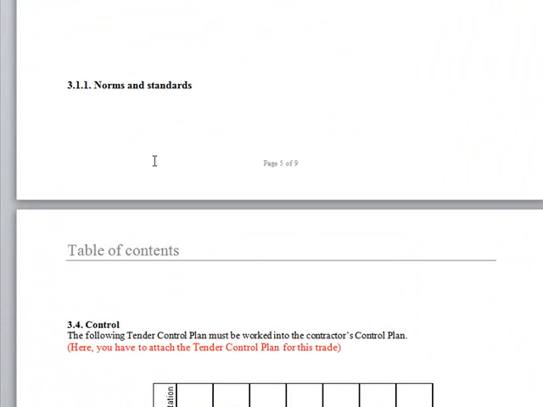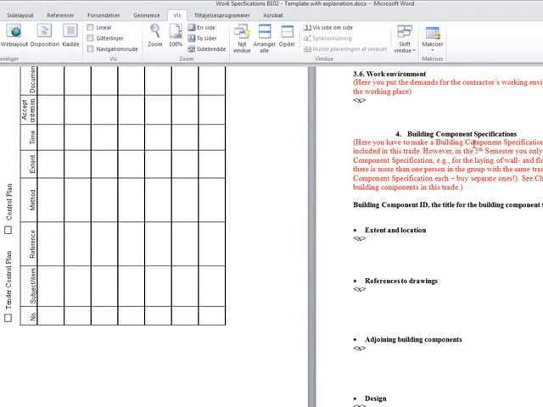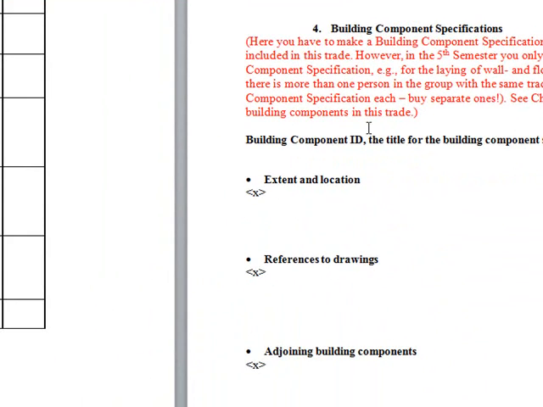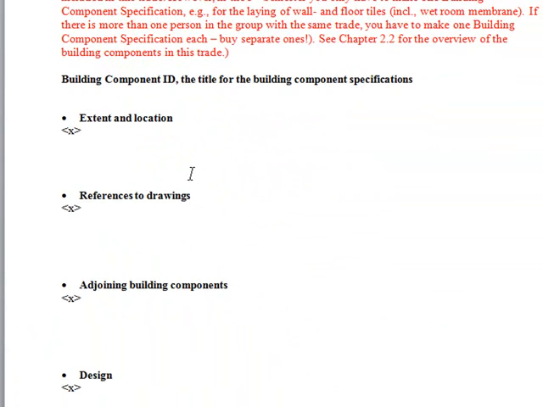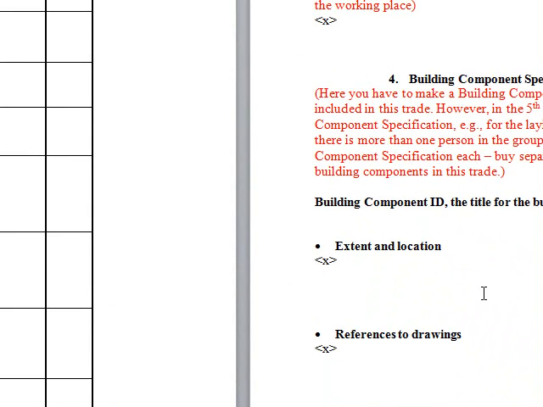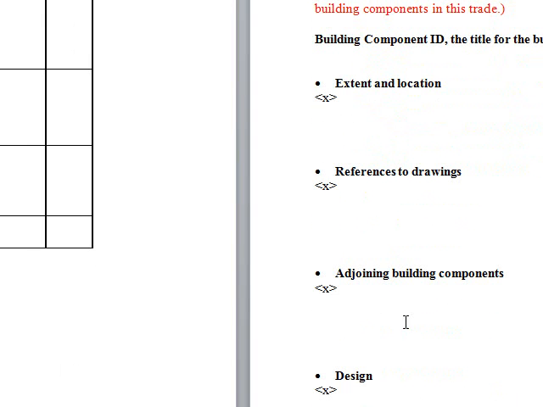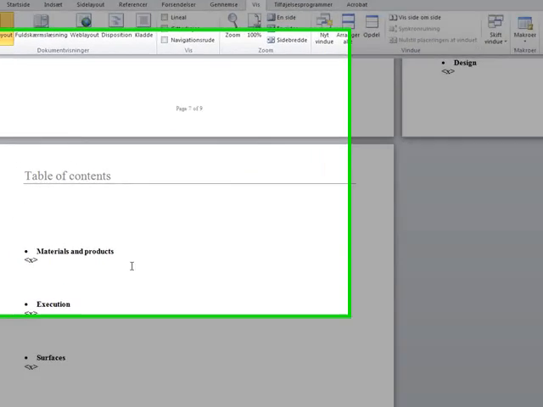And chapter 4 here is the building component specification. So you fill in one of these for each member of the group, and this is to do with the drawings you've been given to do in detailed design 2. So for example, if you're doing the bathroom, you would do one building component specification that strictly looks at the bathroom, where you tell us where do I find the bathroom, what drawings do I use for the bathroom, you list the drawings up here, what are the adjoining components, is there any design involved, what materials and products should I use, how should I execute the bathroom,